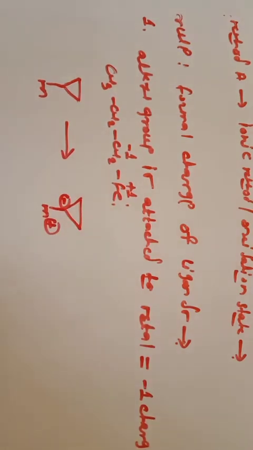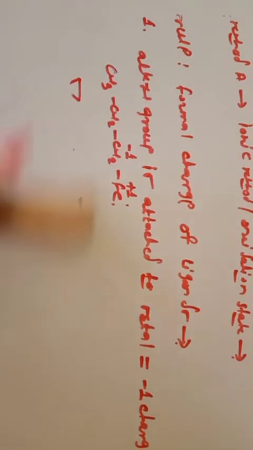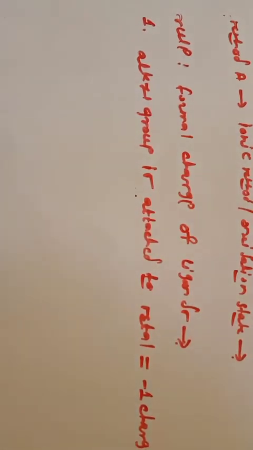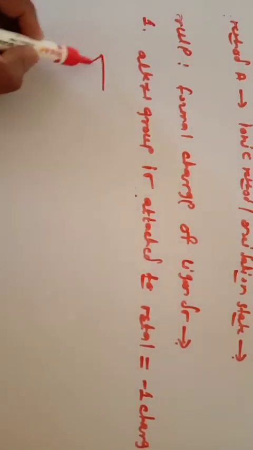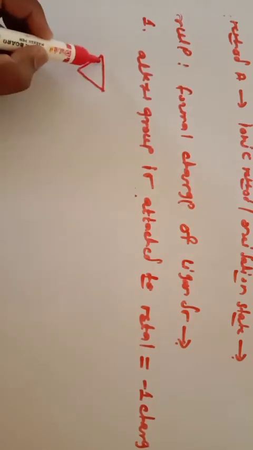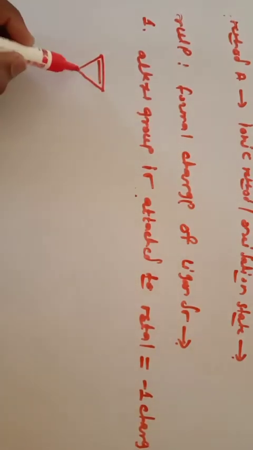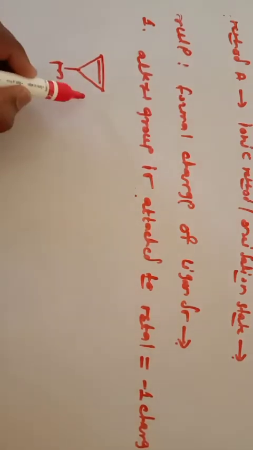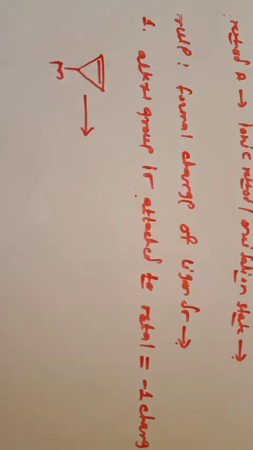But if you consider another example, with this species, where the metal atom is attached to this organic ligand, we already discussed that whenever the alkyl group is attached to the metal, it has a minus 1 charge. But